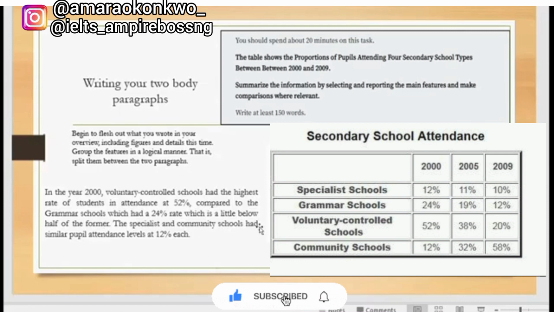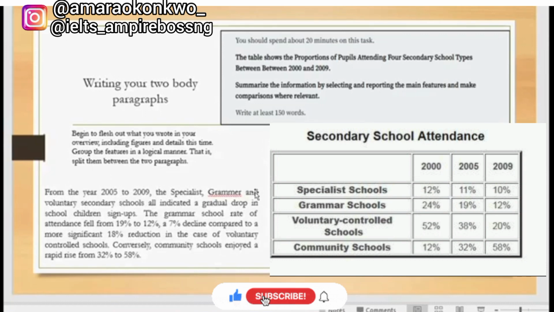The specialist and community schools had similar pupil attendance levels at 12% each. We're referring to community schools here and specialist schools. You know that they said summarize information, selecting and reporting main features, and make comparisons very relevant. So what we've done here is to compare attendance levels in the year 2000. Now, our second body paragraph can now be dedicated to showing the decline and increase that we talked about in